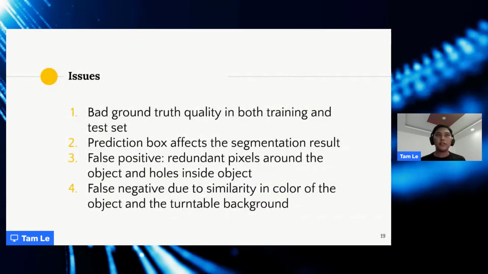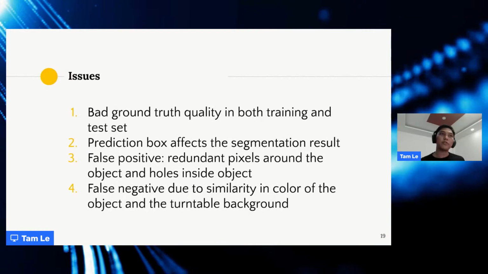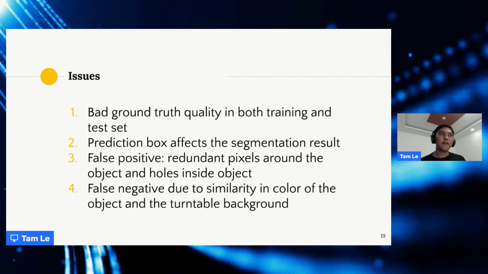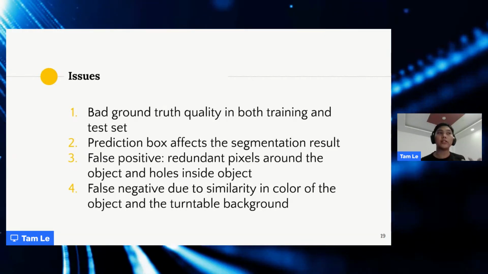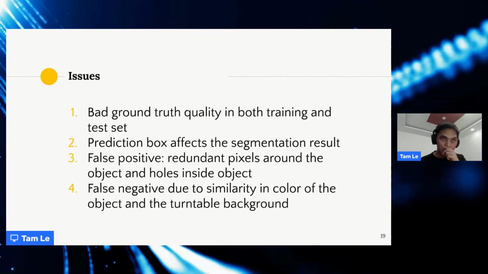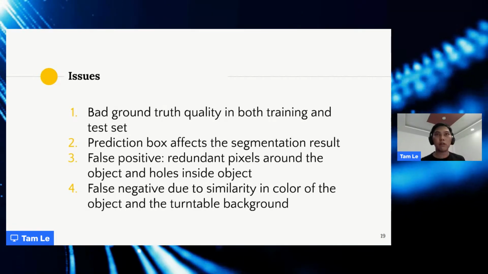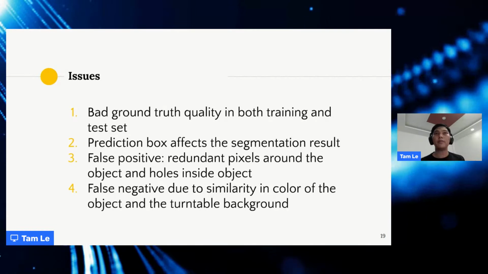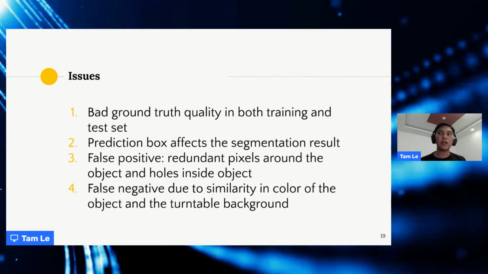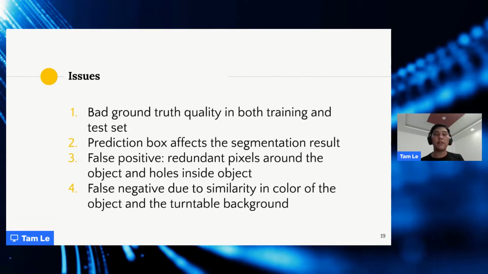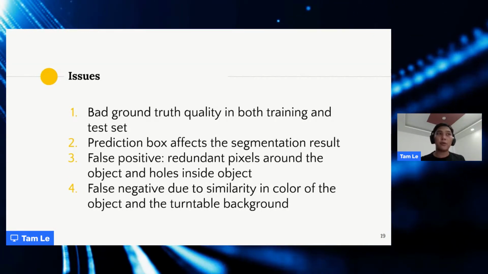After doing that, these are the 4 issues that I found. The first one is bad ground truth quality in both training and testing data. For training data, bad ground truth quality is going to affect how the model learns, and for testing data, it's going to affect how you evaluate the performance of the model.